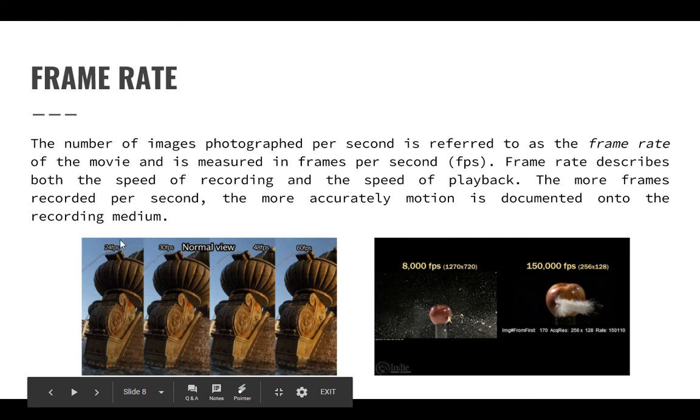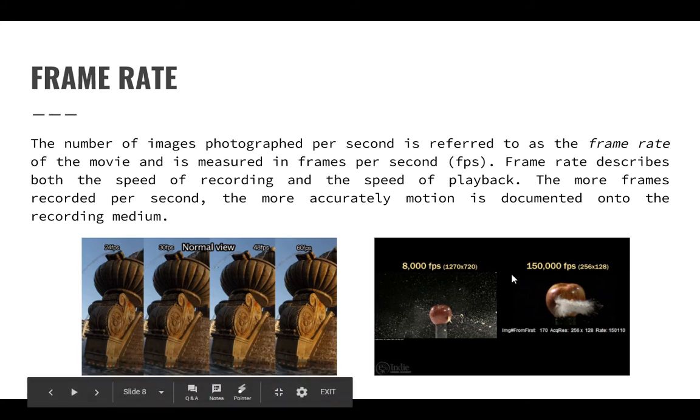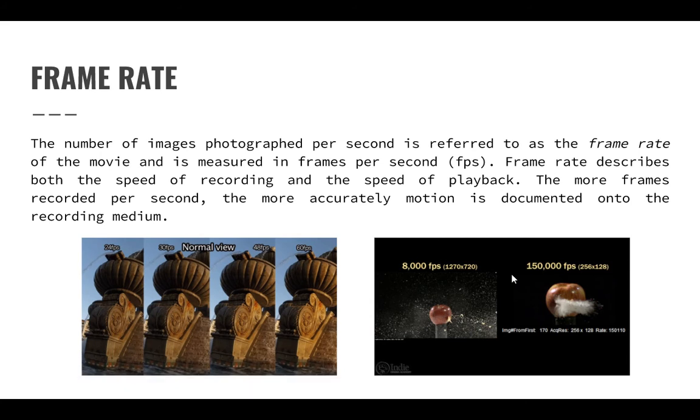So 24 frames per second is originally used in cinematic movies such as The Avengers, Fast and Furious, and The Flash. The movement we make in reality is 60 frames per second. In this second photo, if you think about it, we're 60 frames a second. We're analog, we don't have a number of frames. So if you think about 150,000 frames per second, it's taking 150,000 photos per second. It is used to show that slow motion effect.